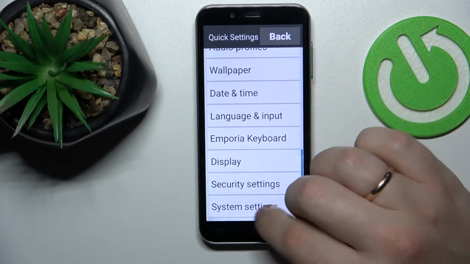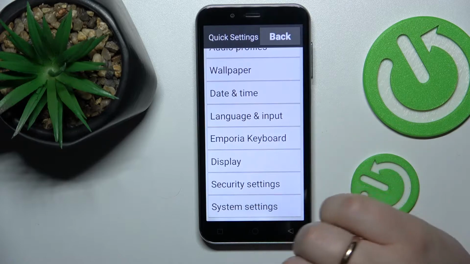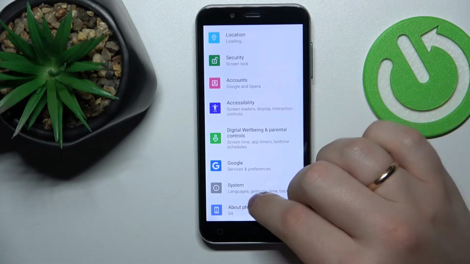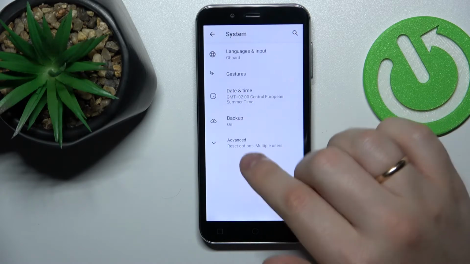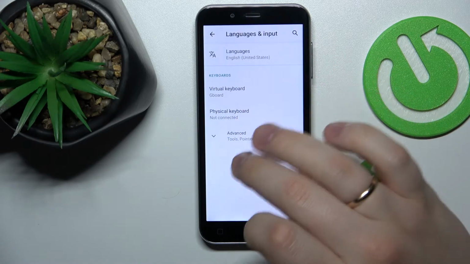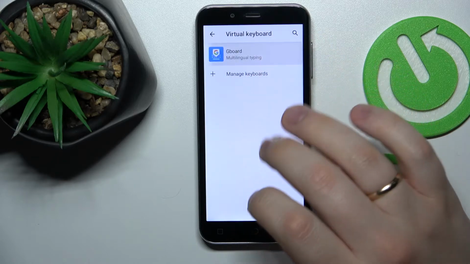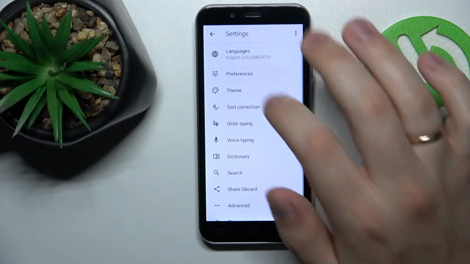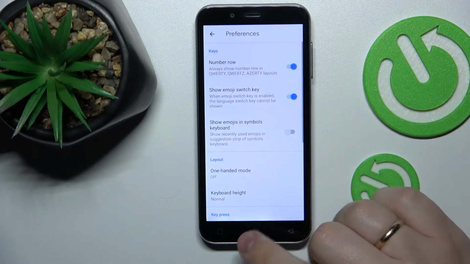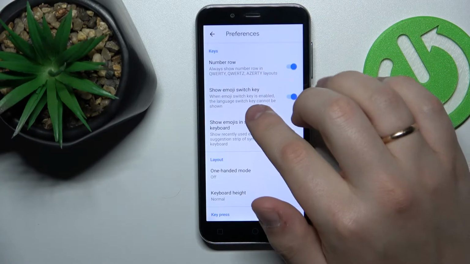expand to more settings, go for the system settings, scroll all the way down here, head straight for the system section, languages and input, virtual keyboard, Gboard. At the Gboard settings page, go for preferences, and in here just turn on the number row toggle, and as you will see now,